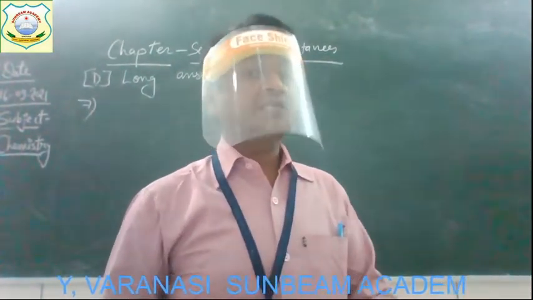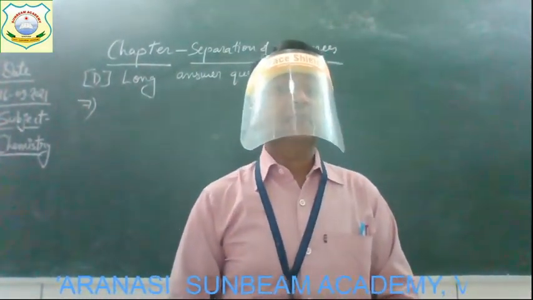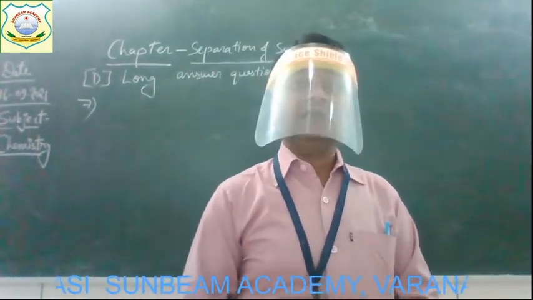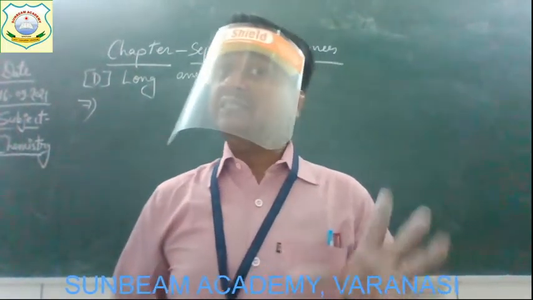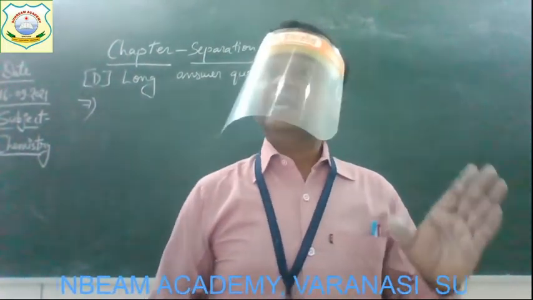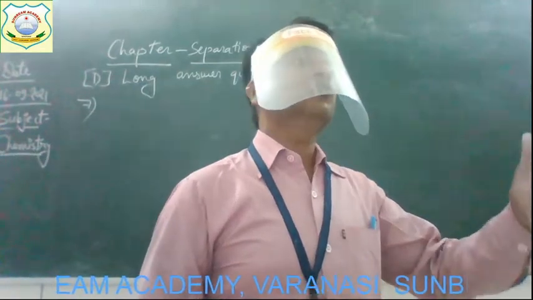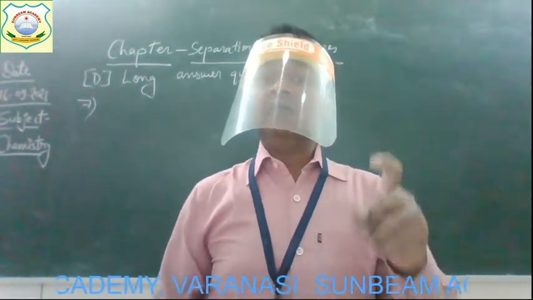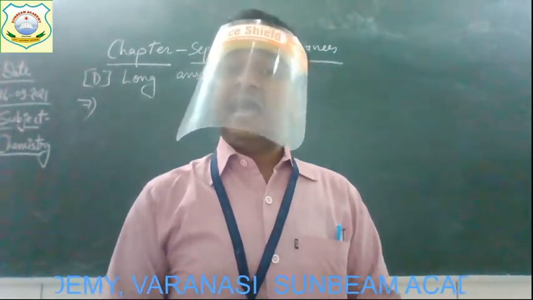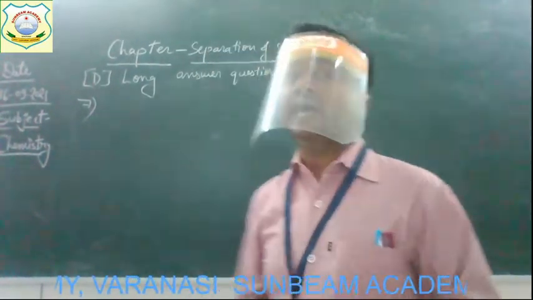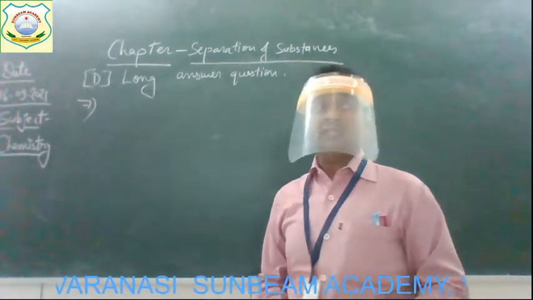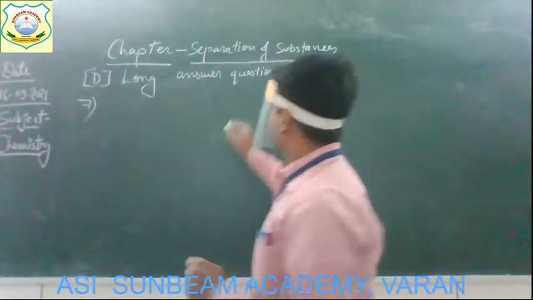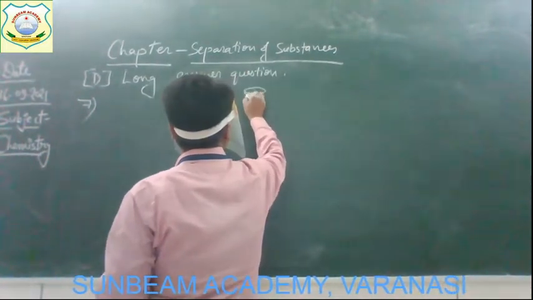The question is, explain with the help of a diagram how a mixture of oil and water can be separated. Children, please listen very carefully. For separating oil and water, we will follow certain steps. The first step is to pour oil and water in a separating funnel and let it stand for some time. Children, you must have seen the separating funnel; the diagram is given in the book. The separating funnel is somewhat like that.